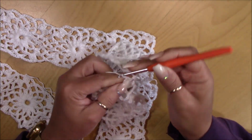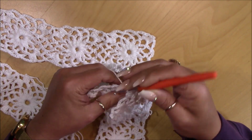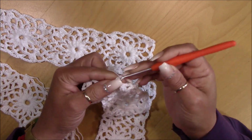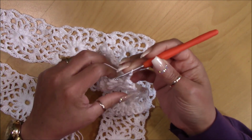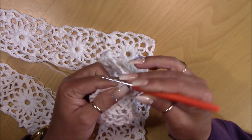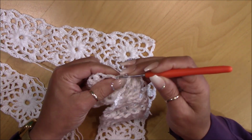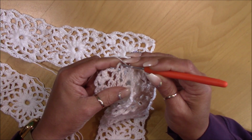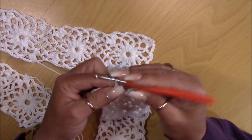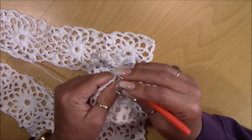Chain 2, go to the next chain 5 space, single crochet, chain 2, single crochet in this chain 5 space, chain 2, go to the center, this center 5 chains, and do a single crochet, chain 2, come to this one, single crochet,